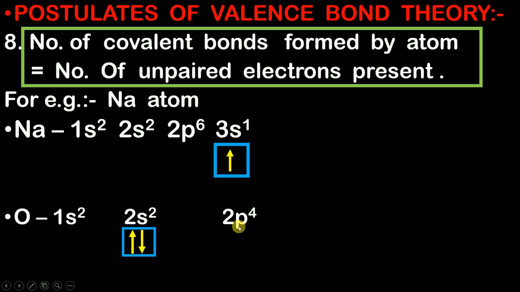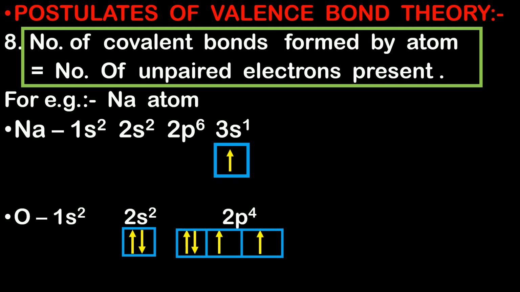And in the 2p orbital there are 3 sections. The first section is for the 2px orbital, the second section is for the 2py orbital, and the third section is for the 2pz orbital. So let us draw the 4 electrons which are present in this: the first electron, second electron, third electron, and fourth electron. Now what you notice over here is that this 2py orbital and 2pz orbital, both of them are unpaired. Now guys, can I say that in an oxygen atom there are 2 unpaired electrons, which means that the oxygen atom is going to form 2 covalent bonds? Clear with this? I hope this point was easy and clear for you.